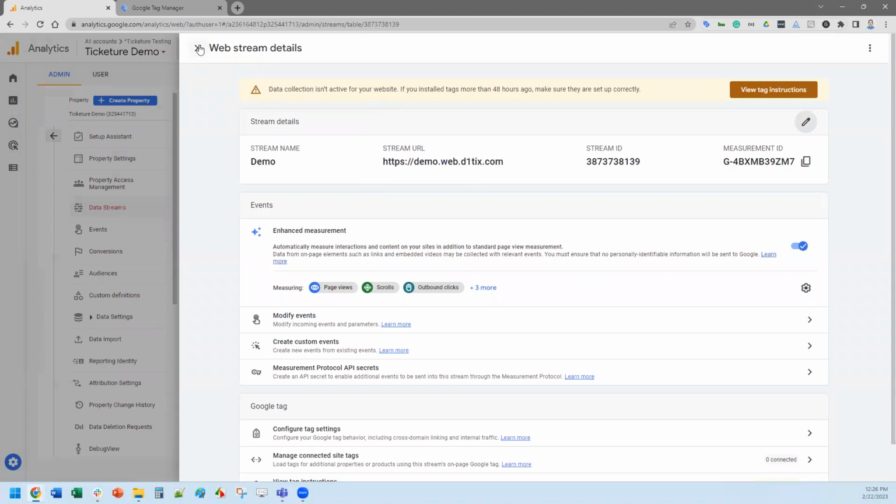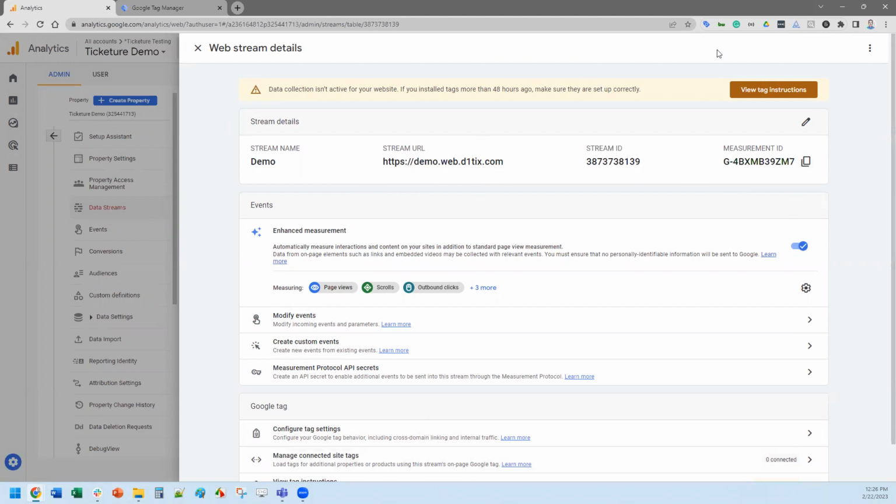If I did want to create one from scratch, I just click on web. It brings up this exact same thing. It's like, what's the name? What's the URL that you're going to be coming from? This is the stream ID. When I say notice your stream ID, although this says stream ID, I probably should call it a little bit different. But this is the value that we're wanting to pass in. So just click on copy there.